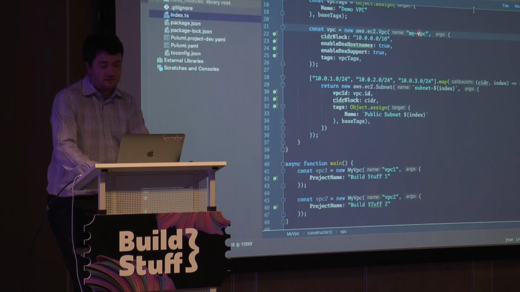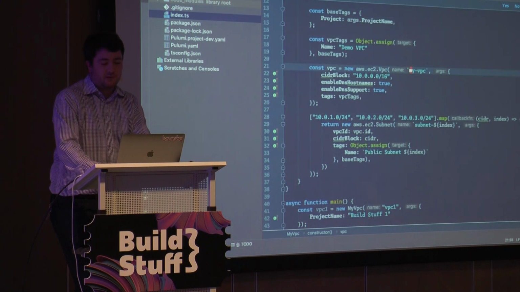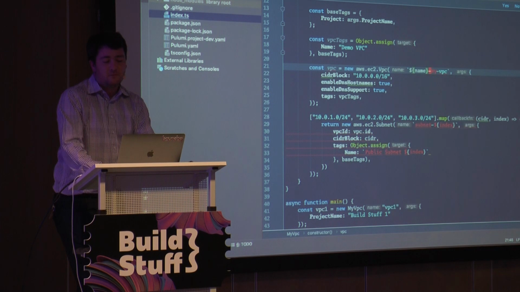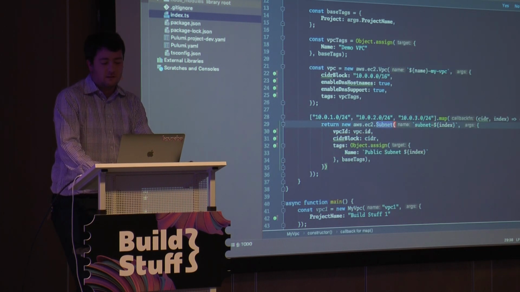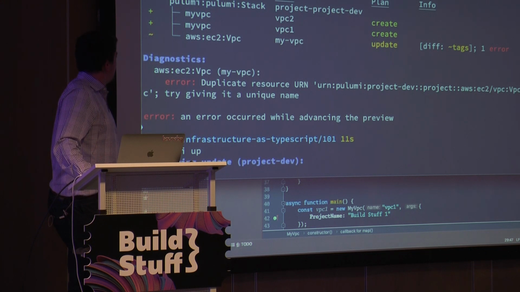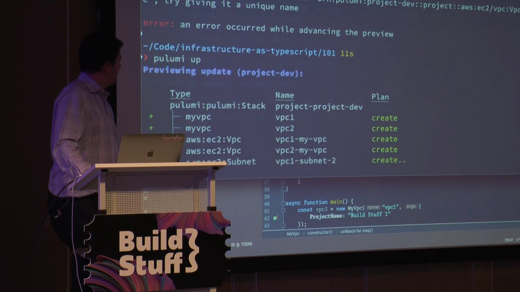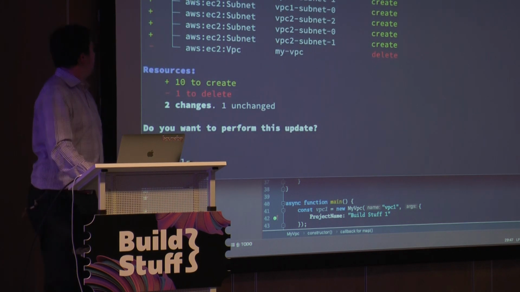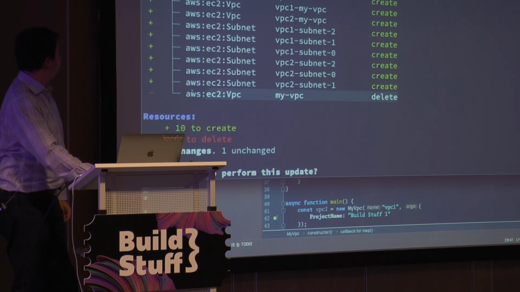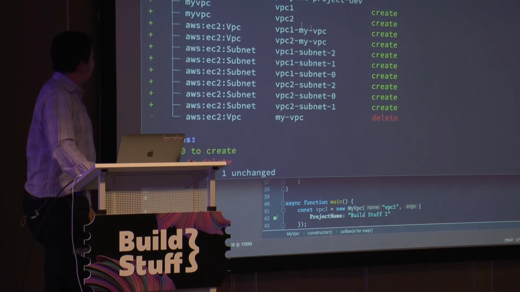So what that's telling us is actually that you can't do quite that because we have to make all of the names unique. So what we're going to have to do here is prefix all of the names for our component resources with the name of the actual component instance. And that should fix that. So if we run it up now, okay. So we can see here that what we're going to have to do is delete the original VPC that already exists, because that's not one of the ones that we specified we wanted. And then we're going to create 2 new ones, and we're going to create 3 subnets for each of those.